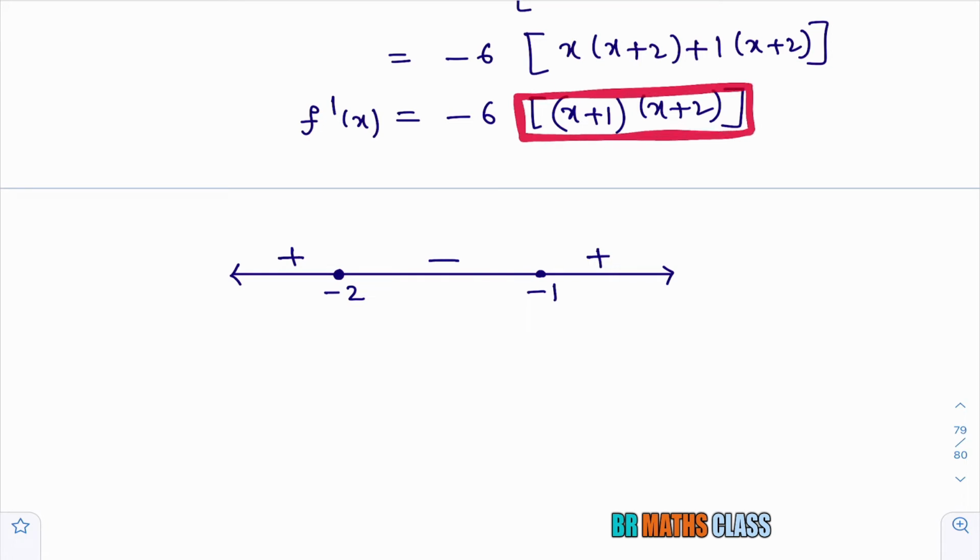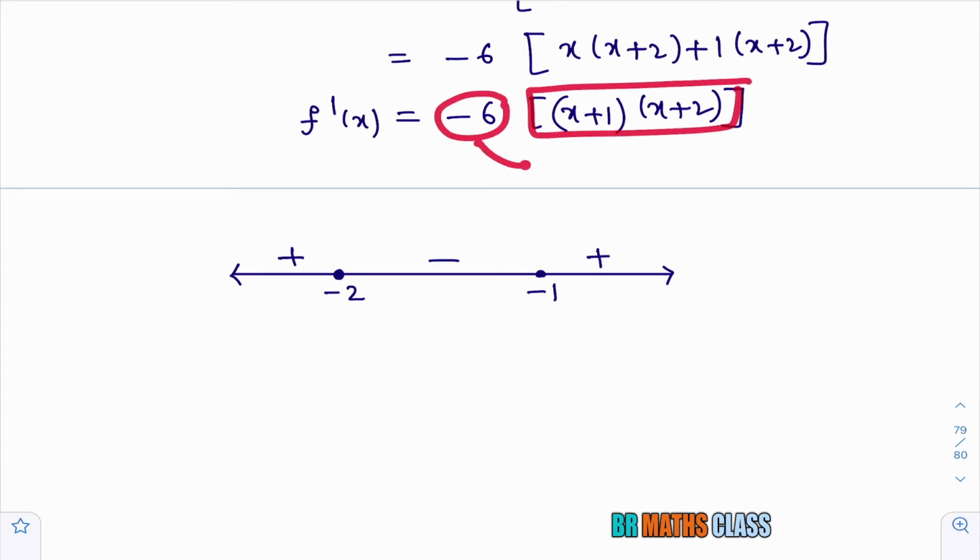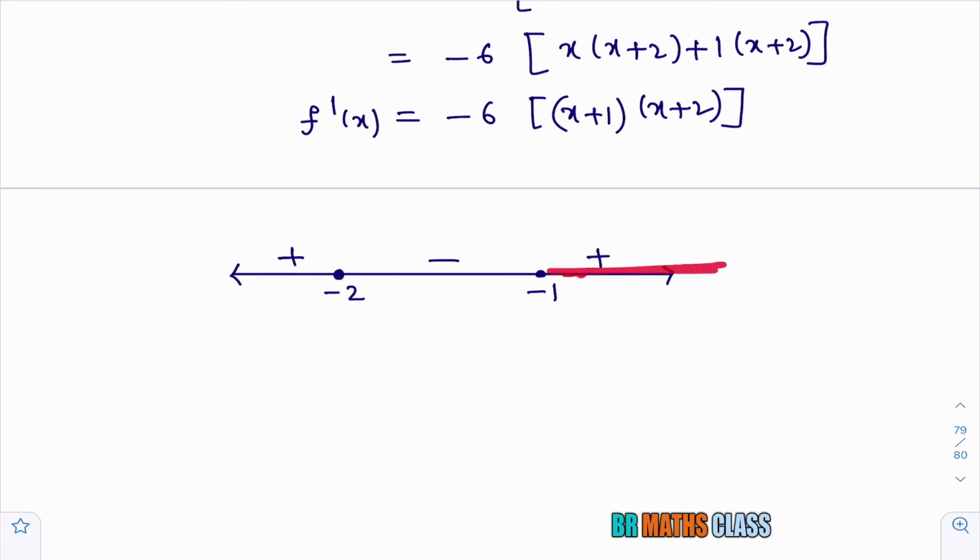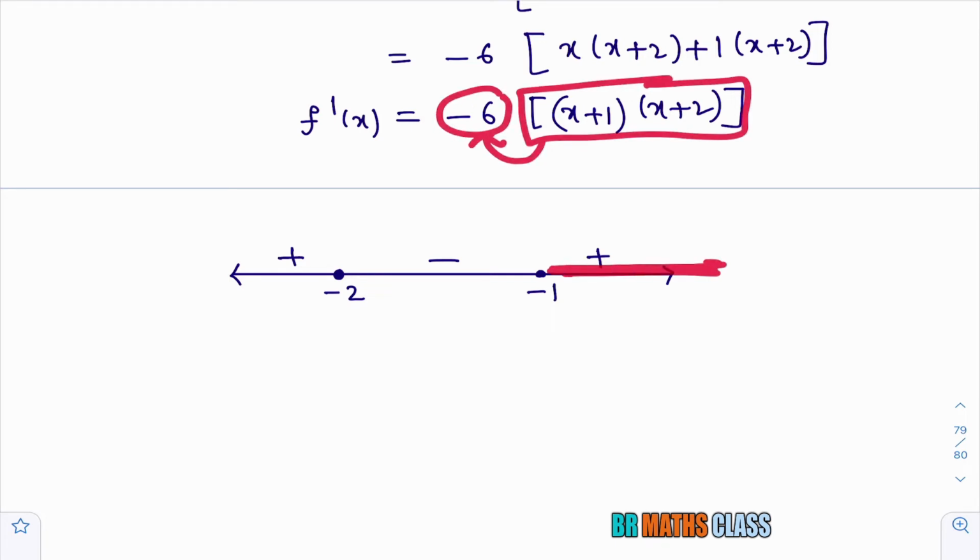Now, Wavy-Curve method says that this expression, I am not including minus 6, this expression is positive when x value is greater than minus 1. If you want, you can check that is correct. Here, what point I am trying to say, when this expression is positive, when I multiply with minus 6, then this whole expression will become negative. Please try to understand. When x value is in this interval, this expression is positive. But as I am multiplying this expression with minus 6, positive into negative is negative. That tells you that when x value is in this interval, this expression is negative.